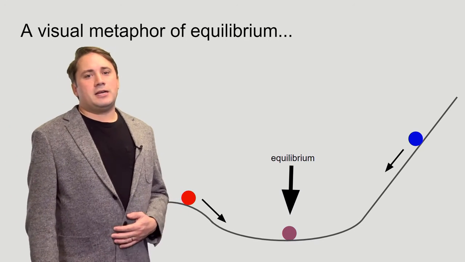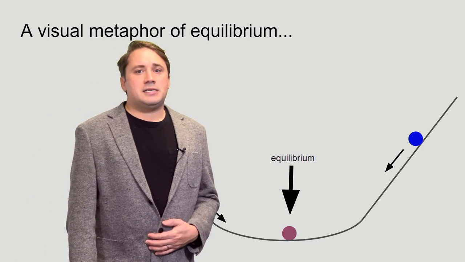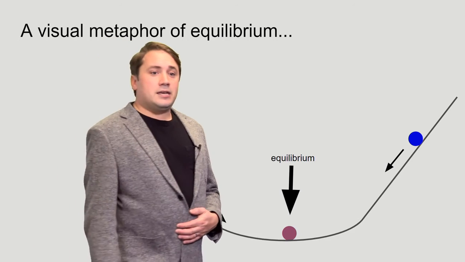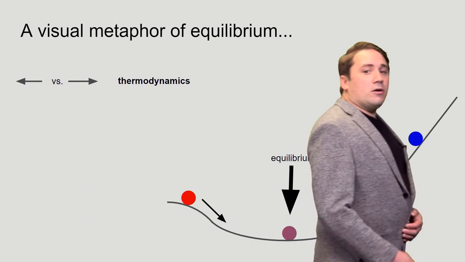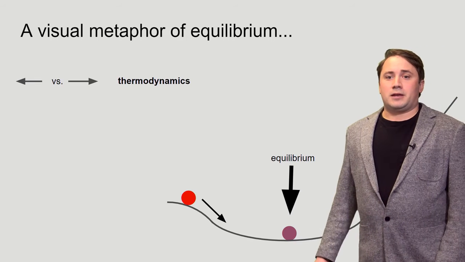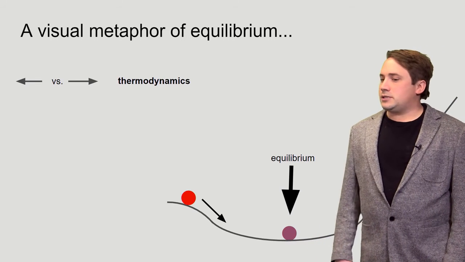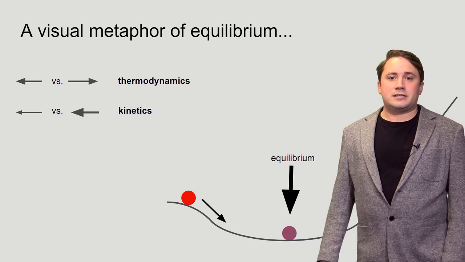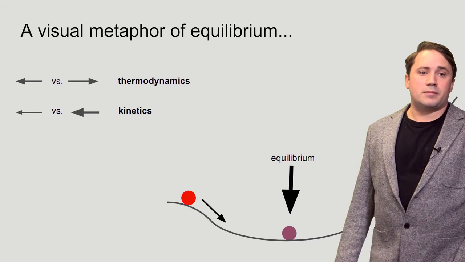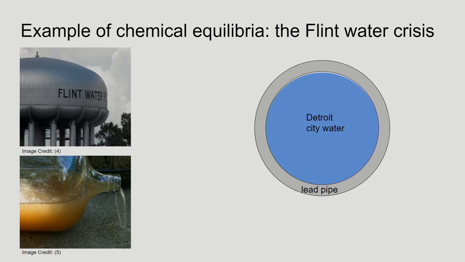Now, an important thing to recognize is that thermodynamics can tell us the direction that a reaction is going to proceed in. It can't tell us anything, however, about the speed that reactions are going to proceed in. That topic, the speed of reactions, is the domain of kinetics, which is a separate field that we'll discuss later as well in depth. So I hope I've impressed upon you the importance of chemical equilibria and thermodynamics to your